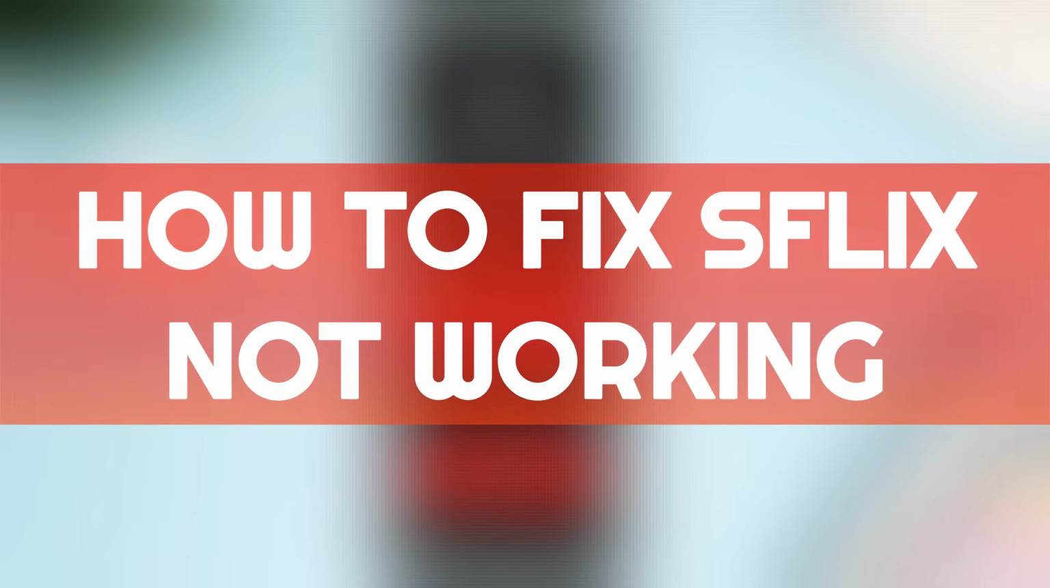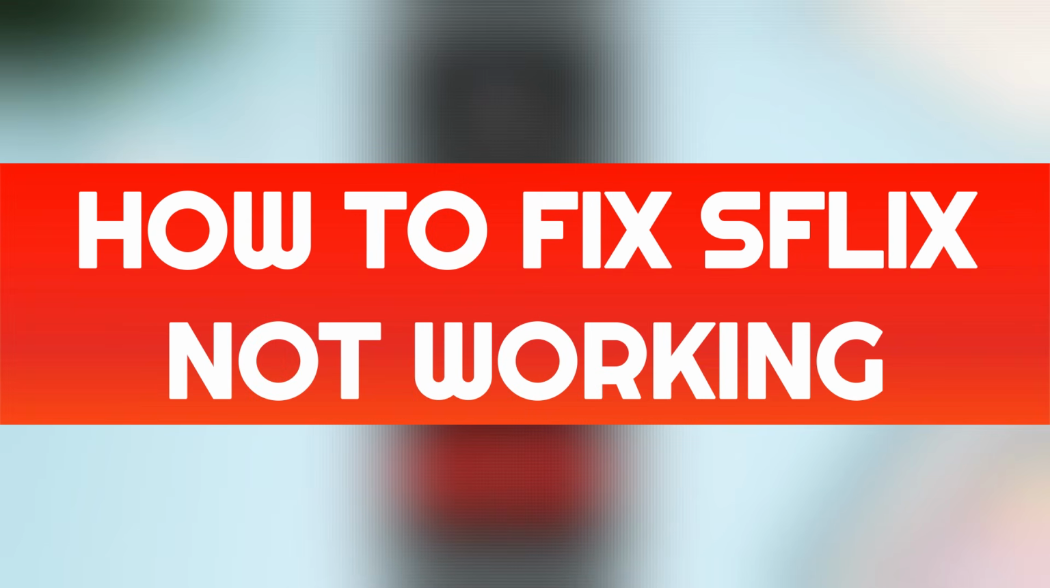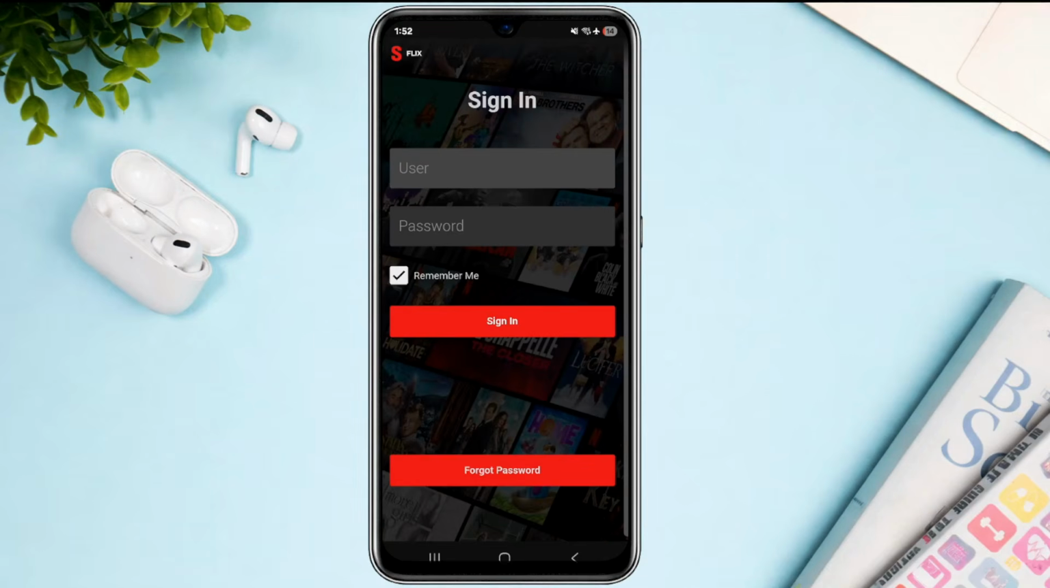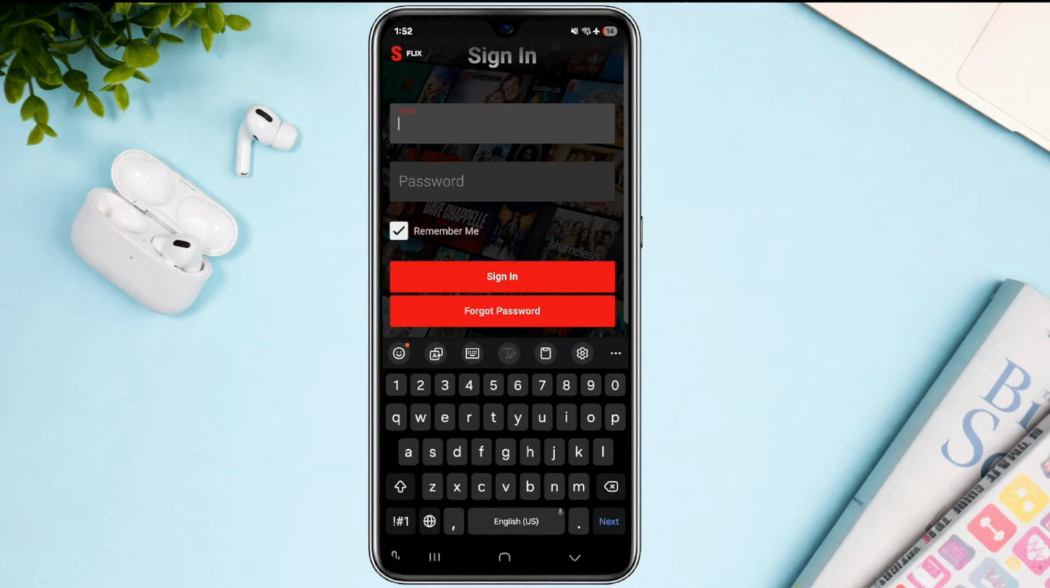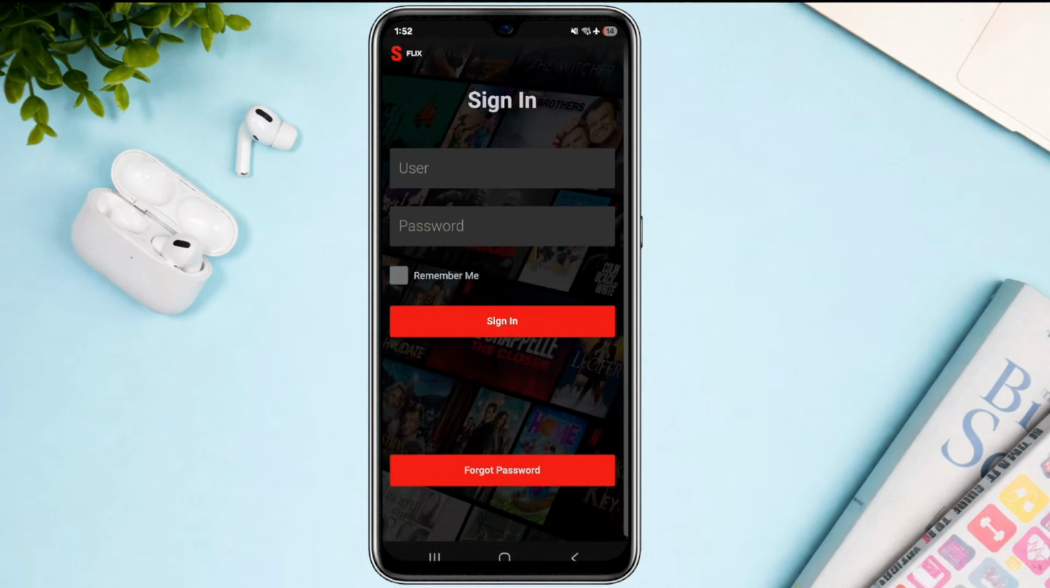How to fix Sflix not working. Now, if you're using the Sflix application and it's not working on your mobile device, here are some steps for you to be able to fix this kind of issue. Now, there are a lot of factors why this is happening to you. It may be because your username or your password are incorrect. So please make sure that you're entering the correct details for you to be able to log in and